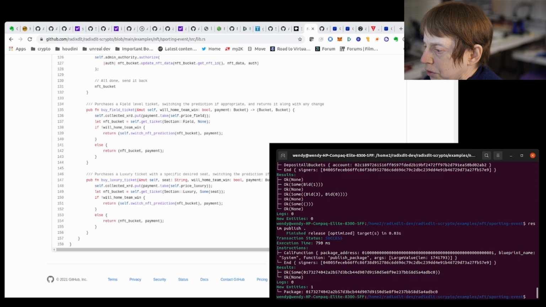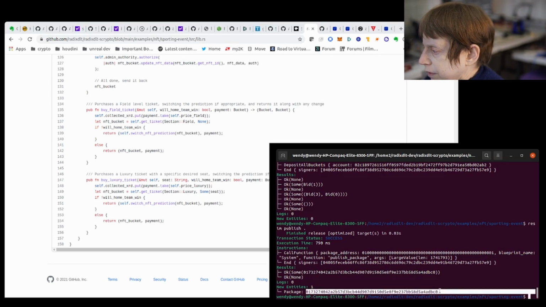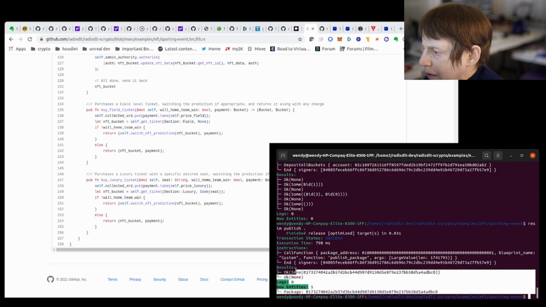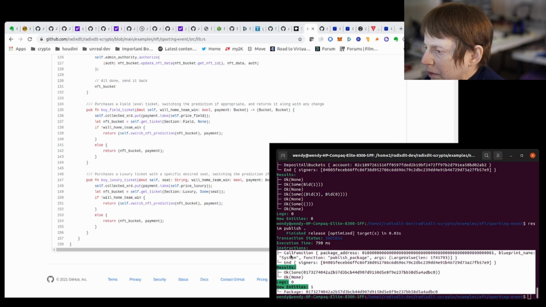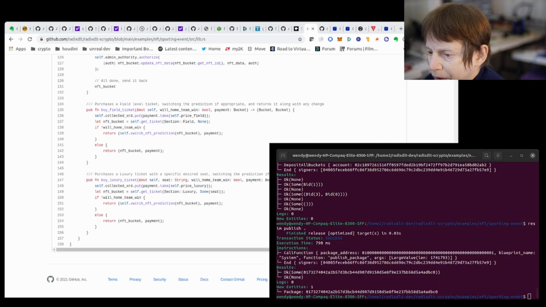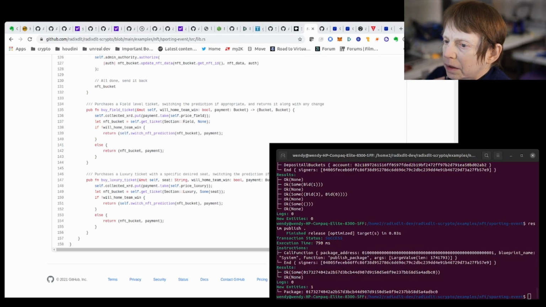It's going to go through, and your package ID, you have to save that. So let's save all that, and let me copy that so I have that to then instantiate our object here.